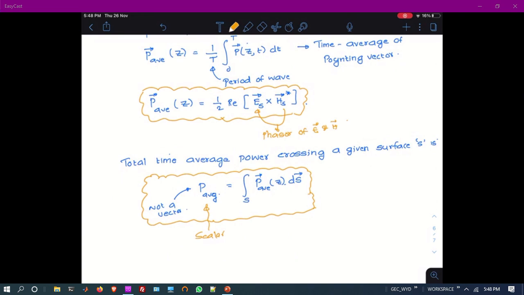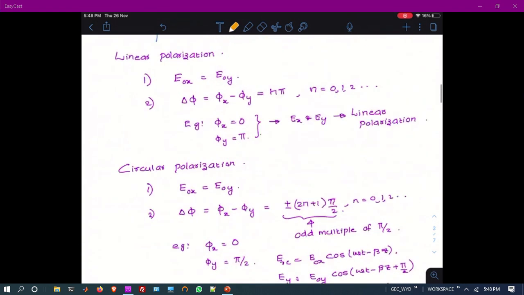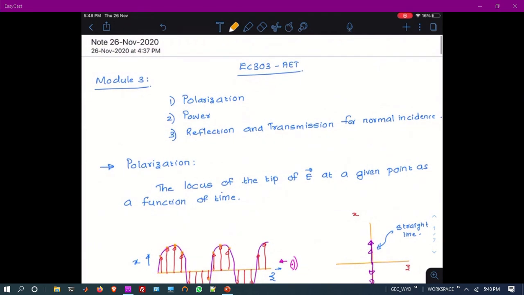Okay, so you have understood these concepts of polarization and time average power. We will be looking at reflection and transmission in the next lecture, because I don't think we'll have enough time to